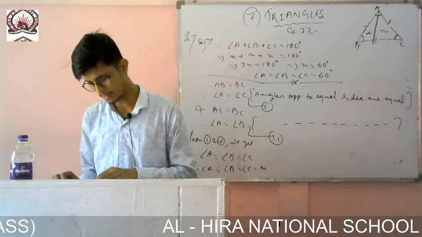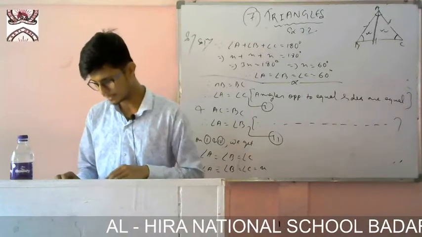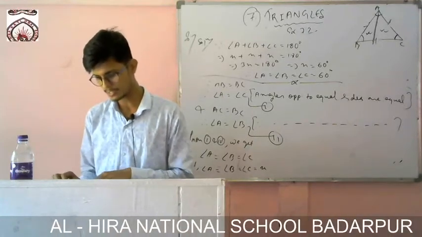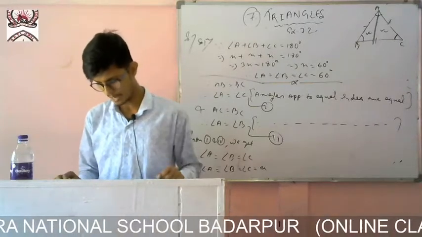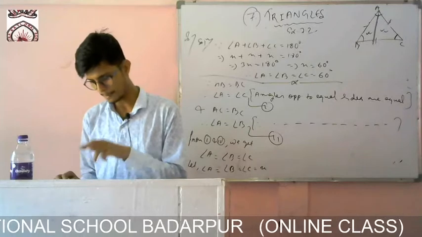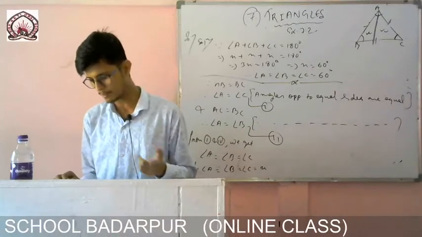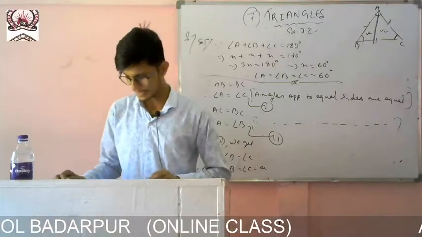You see here it is given also that angle BAD is equals to angle CAD, because it is given that angle A is bisected by AD. AD equals to AD, that means common side, and since perpendicular is drawn, that means angle ADB will be equals to angle ADC, both will be 90 degree.